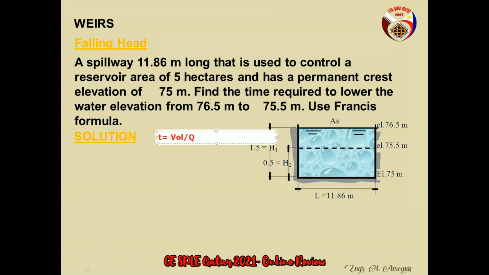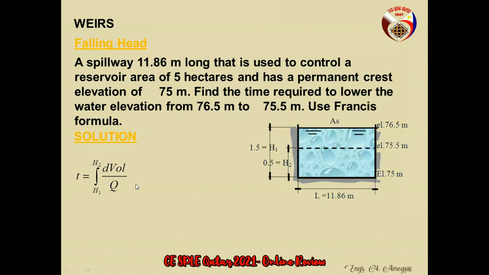This is only applicable if your Q is constant. Since your Q here is varying, why is Q varying? Because your H is dropping, changing. So we can't. What we will do is the integration I mentioned,